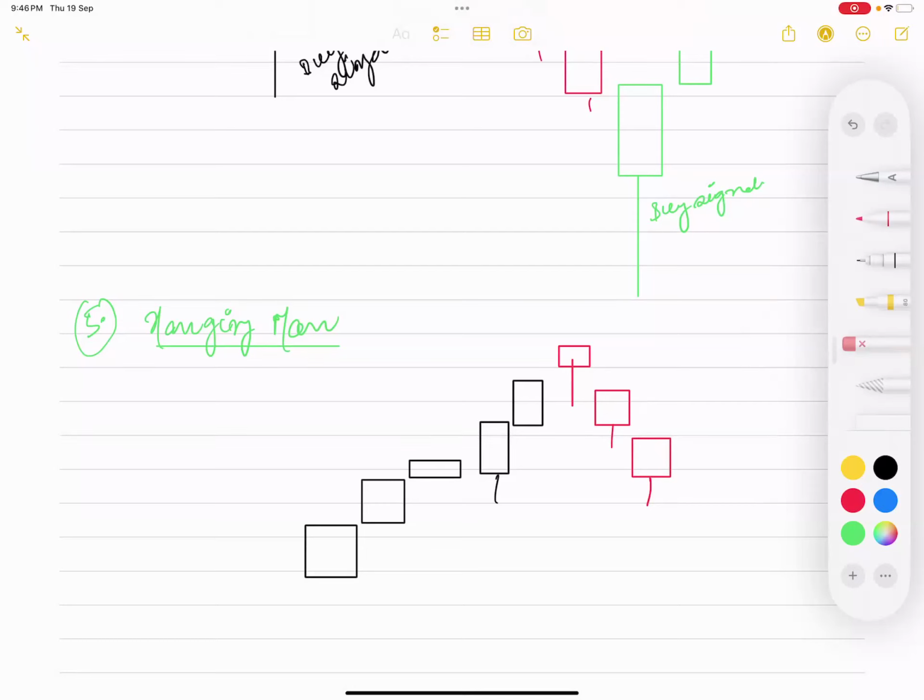So I'll just share my screen from my laptop. That way you can see what all you can mark and what all you should avoid. So I'll just show you a few.